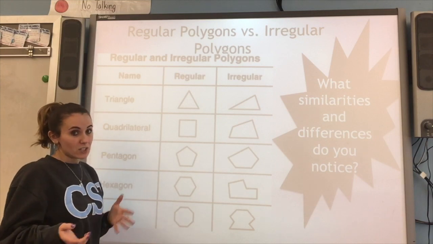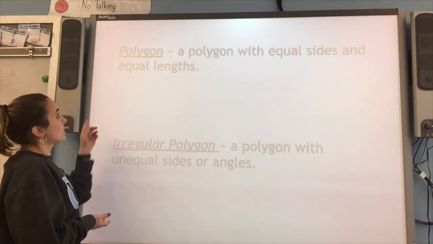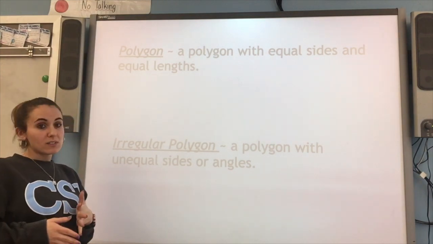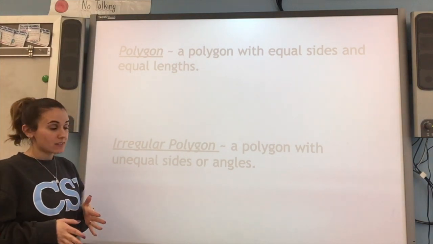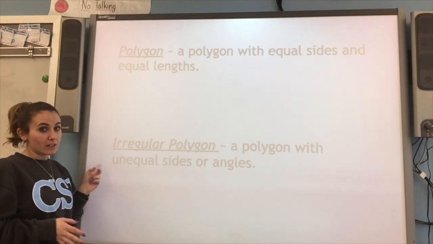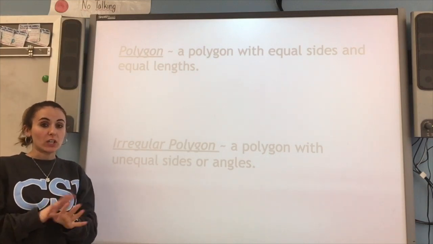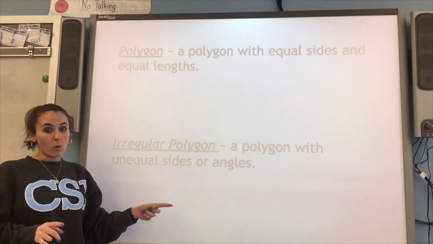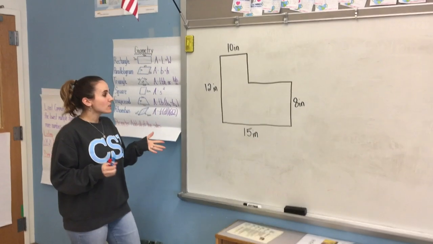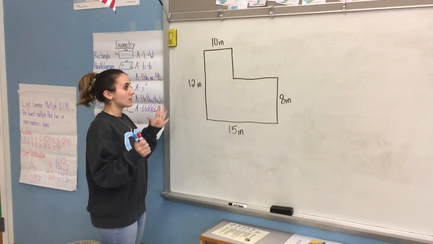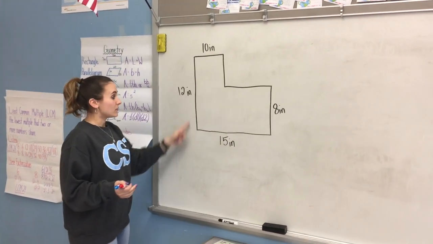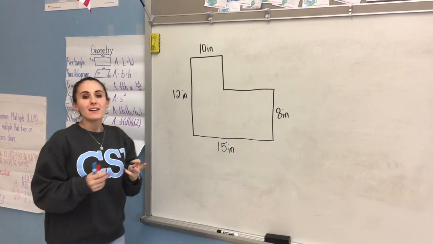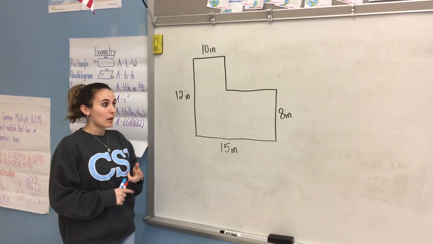So if we go over the definitions, it's clear as day. A regular polygon is a polygon with equal sides and equal angles. An irregular polygon, because that's what we're working with right now, irregular ones, is a polygon with unequal sides or unequal angles. So this is our first irregular polygon. Once again, irregular polygons have different lengths, okay? Not all equal lengths. I want to find the area and perimeter of this polygon, but first let's work